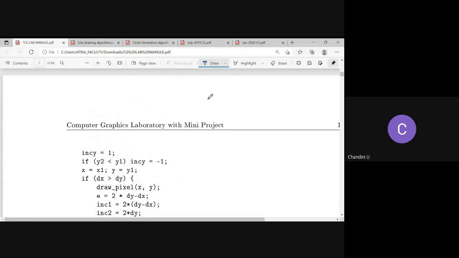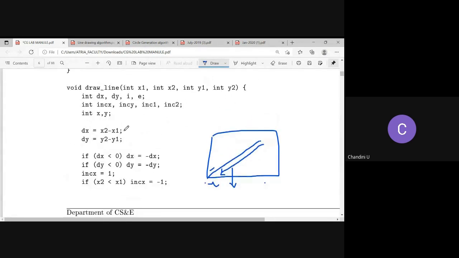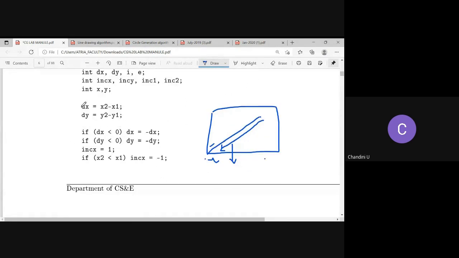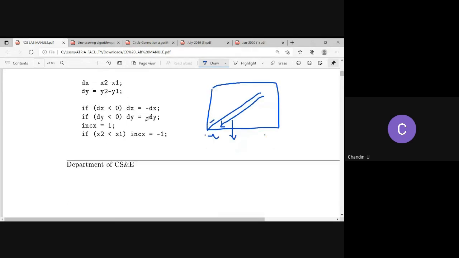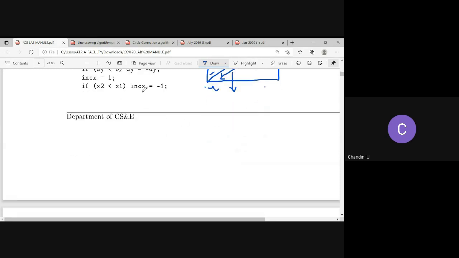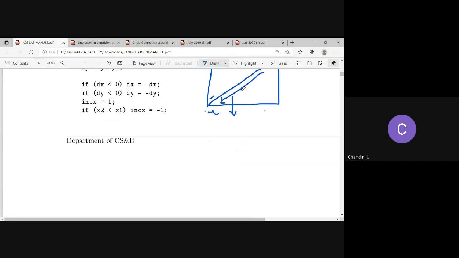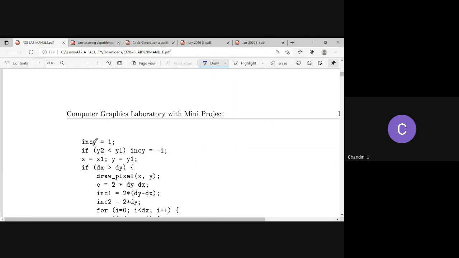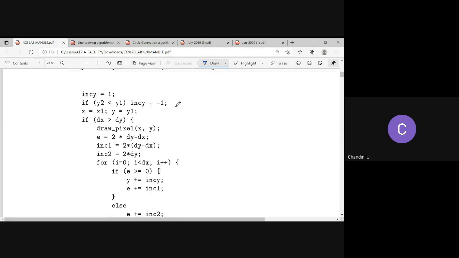So till now, we just declared the variables, calculated delta x, calculated delta y, and then assumed the possibilities. Suppose we are not moving from left to right, and the line is drawn from top to bottom, then what changes are to be incorporated? Increment has to be minus 1 in the y direction also. If y2 is less than y1, then it has to be minus 1. So till there, our possibilities are done.